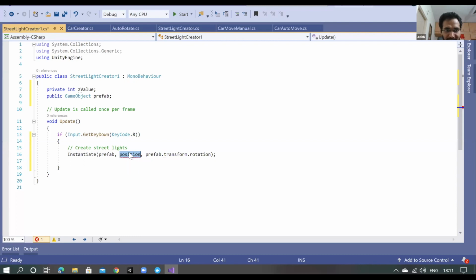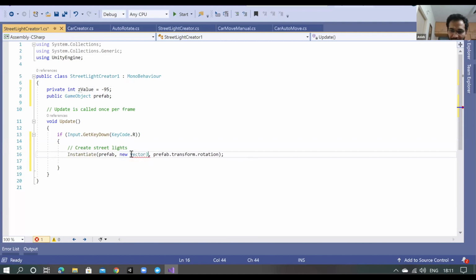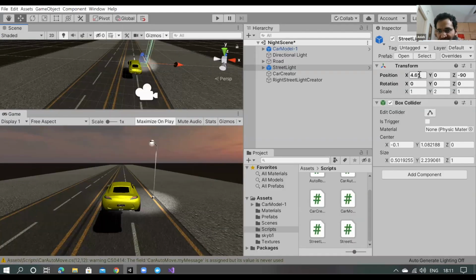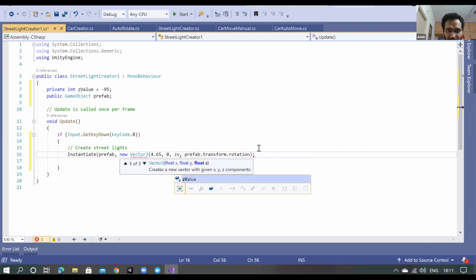The first position is going to be, Z value, maybe minus 95. In case of position, I will have new Vector3, and here I have to put XYZ values. X value I'll put 4, the same value that I have here, copied and pasted. So X will be the same, Y will be 0, and Z is going to be Z value.